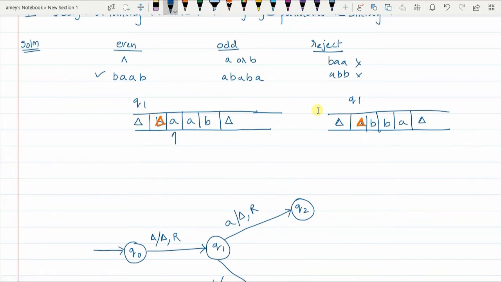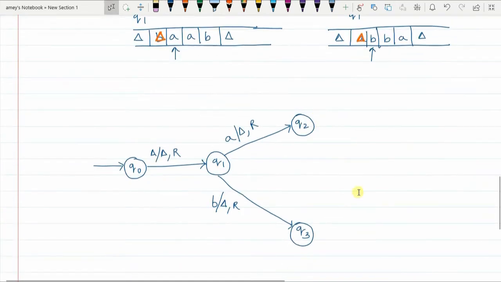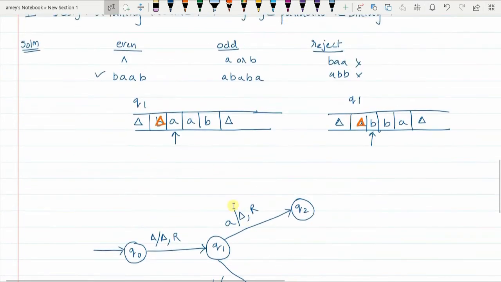In case of B as the first element, it goes to state Q3, whereas in case of A being the first element, it moves to Q2.